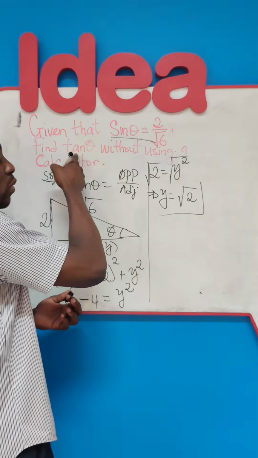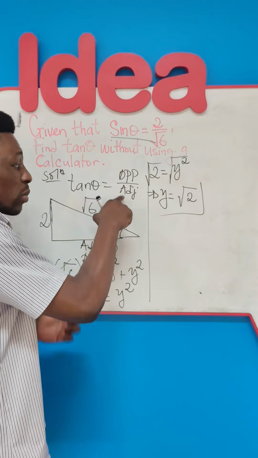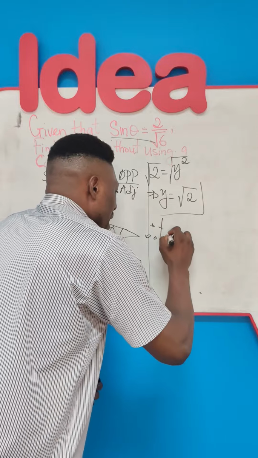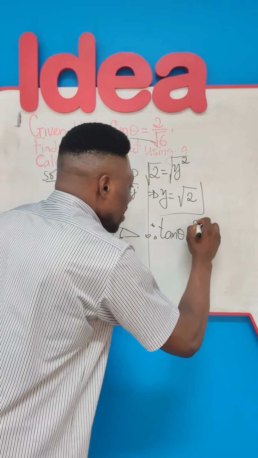The question says find tan of theta. We will use this y, which is actually the adjacent, and substitute it in this formula to get tan theta. Therefore, tan theta will be equal to the opposite, which is 2, divided